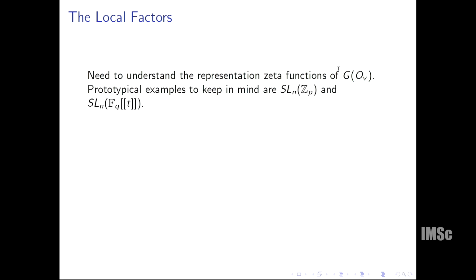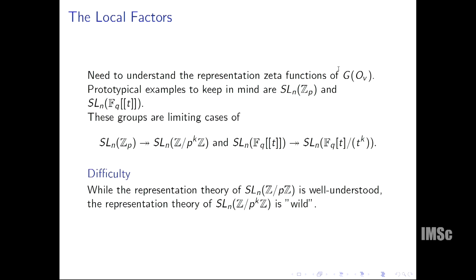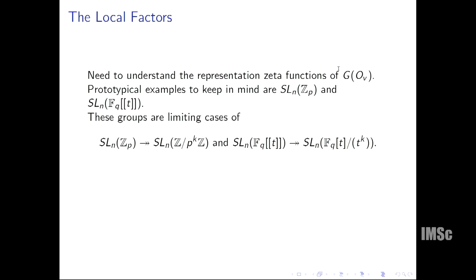So let me give you an example. If you want to look at SL_n(Z), then the local group will be SL_n of the p-adic integers. So these p-adic integers are some sort of compact completion of the integers, focusing on phenomena that happen at the prime p. And you can also look at power series over a finite field. So these groups are limiting cases of finite groups. SL_n(Z_p) is